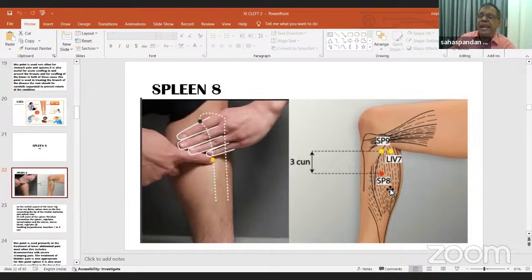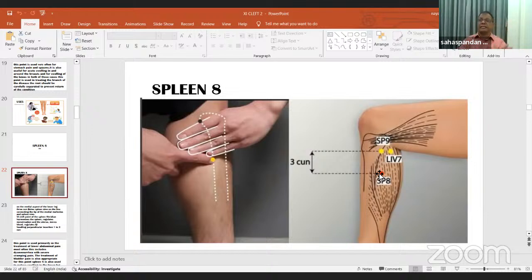And this spleen 8 is 3 chun below spleen 9 on the line connecting to the tip of the medial malleolus. The ankle of the leg, that is, the line from spleen 9 to the tip of the medial malleolus. On this line is the SP8 point. It is 3 chun, 4 fingers below spleen 9. So this xi-cleft point of the spleen meridian harmonizes the spleen,